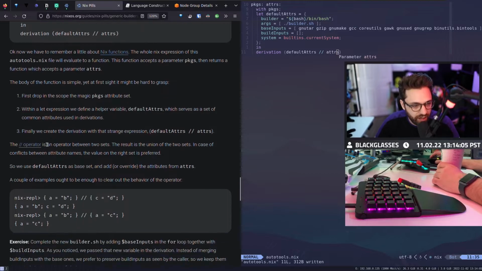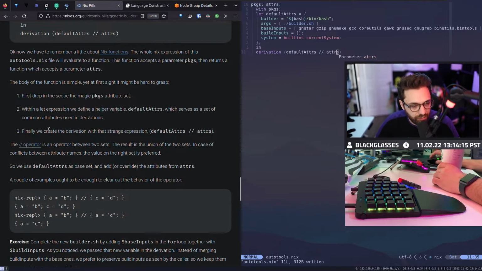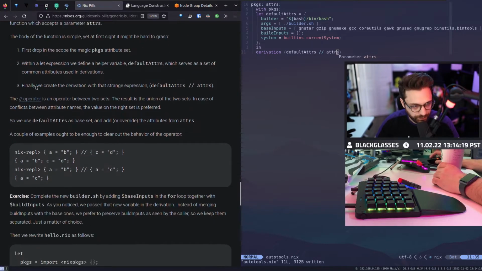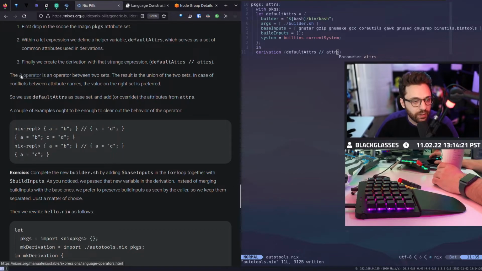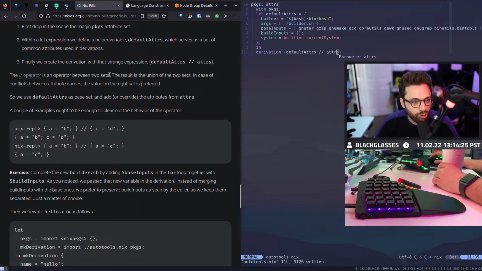And then finally, we create the derivation with that strange expression, right? And I understand that this looks weird. The main point is that we're using a special operator here called //, and we're going to talk about it right now. Basically, the // operator is an operator between two sets.